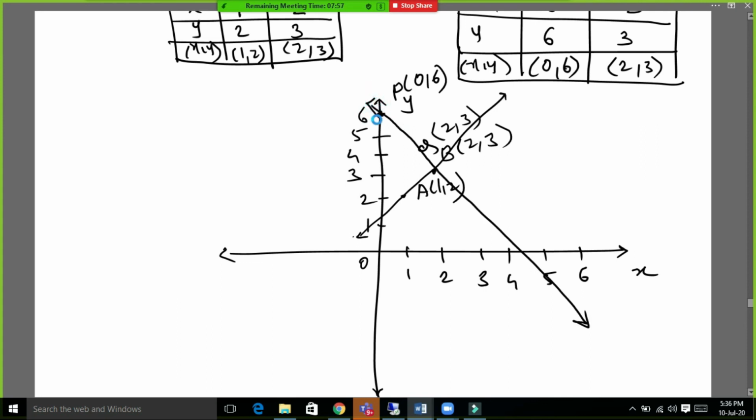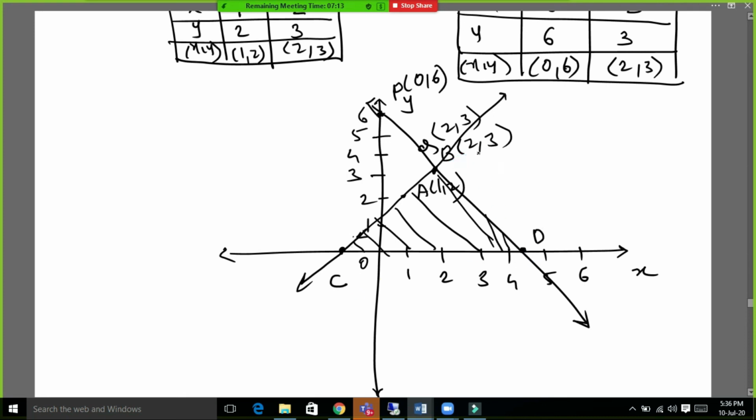So we have to shade the triangular region that is formed by these lines with the x-axis. If you extend these lines, then we get this triangular region with the x-axis. You have to shade this triangular region and determine the coordinates of the vertices of the triangle. So this is the first point, this is the second point, suppose C, and this is the third point, that is D. We have to determine the coordinates of C and D.